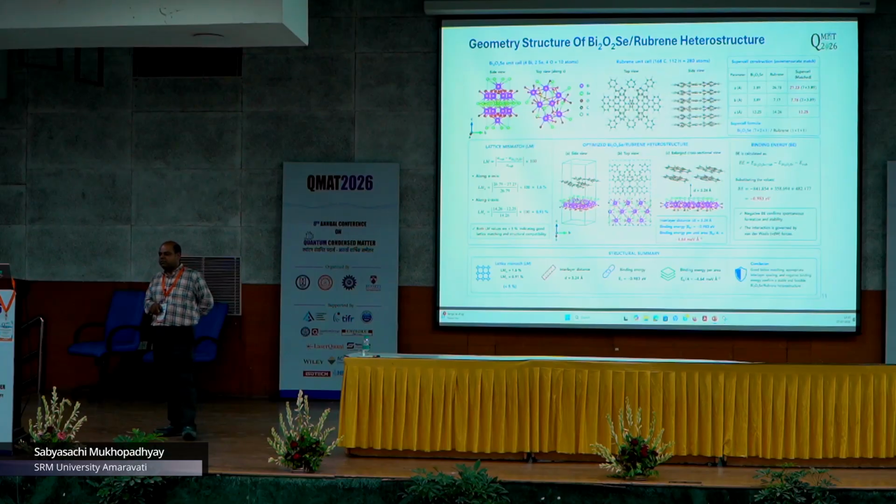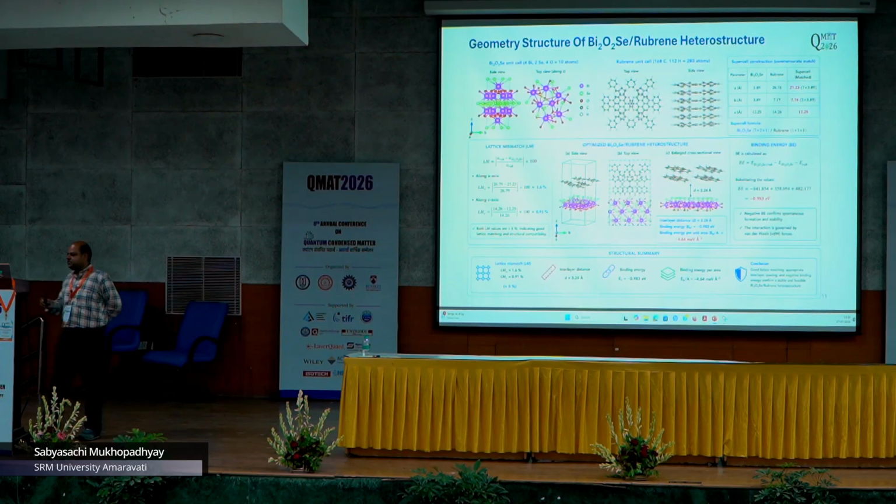So basically we have developed a van der Waals heterostructure using organic and inorganic materials. The lattice mismatch summary is that the mismatch is less than 5%. The distance between the organic and inorganic at the stable condition is 3.24 angstrom. The negative binding energy indicates stable formation, and these are the conclusions from our calculations.